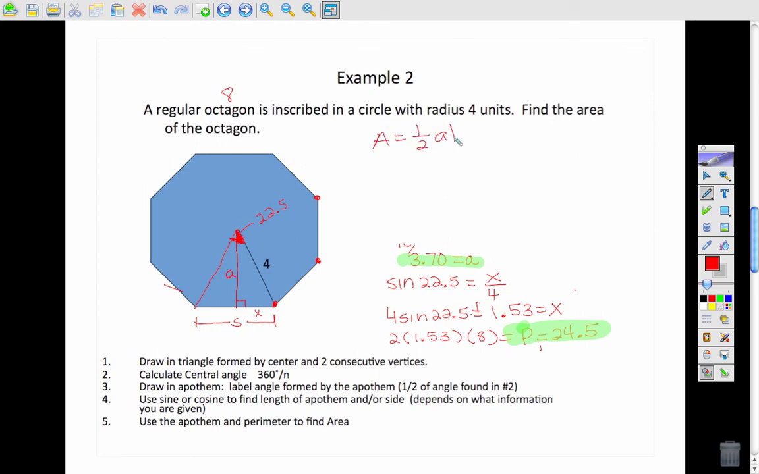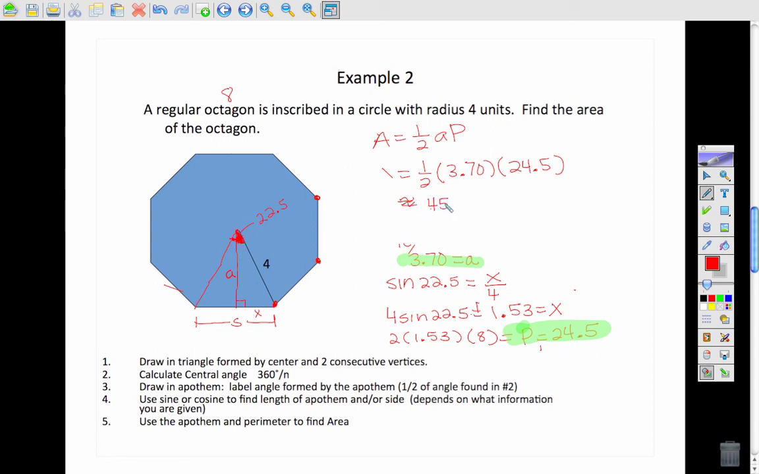And I'm going to calculate the area. So area is equal to 1/2 apothem times the perimeter. So I take 1/2 times 3.70 times 24.5. And that's going to equal